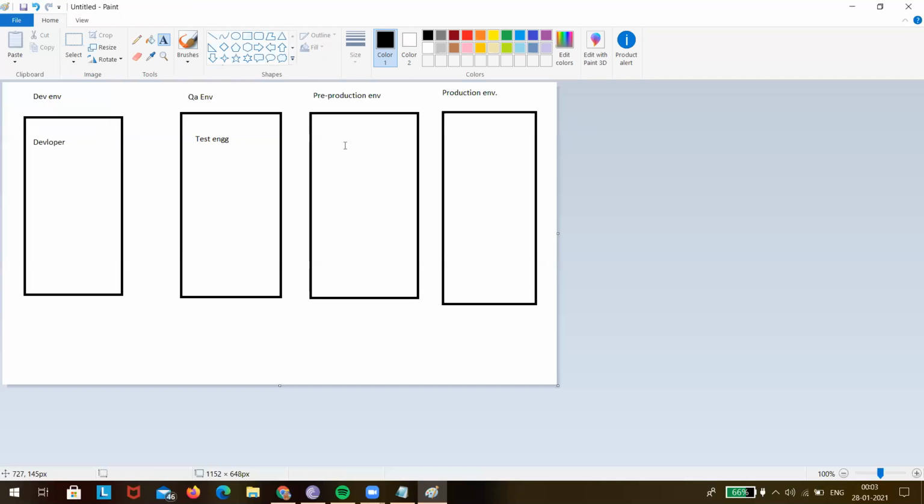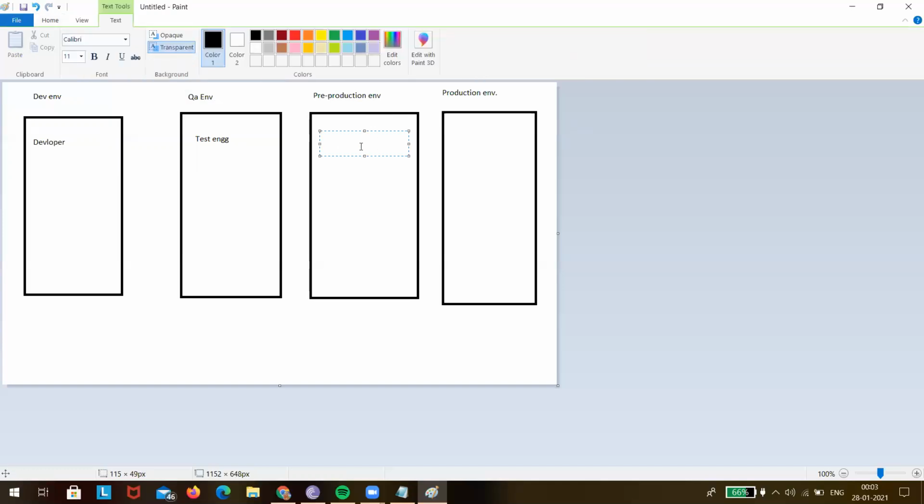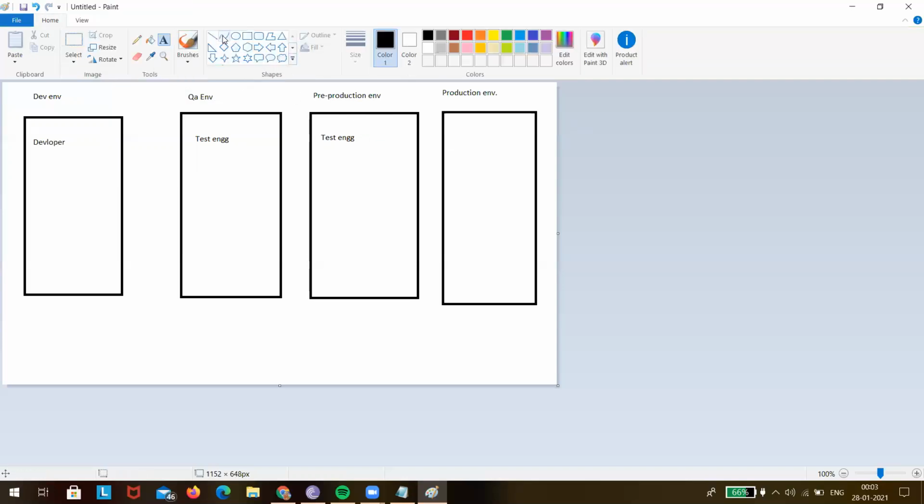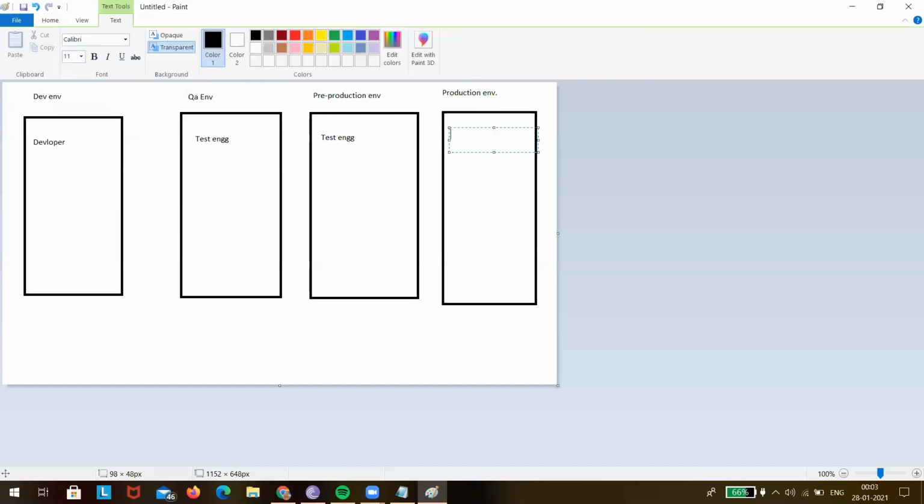Next is pre-production environment. Pre-production environment is again going to be tested by the test engineer. And last is the production environment that will be used by the end users.